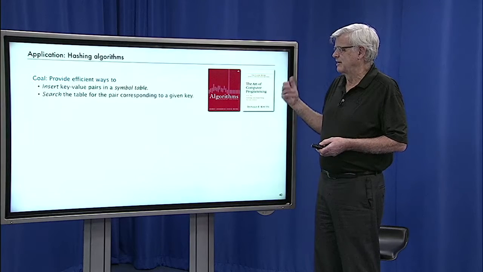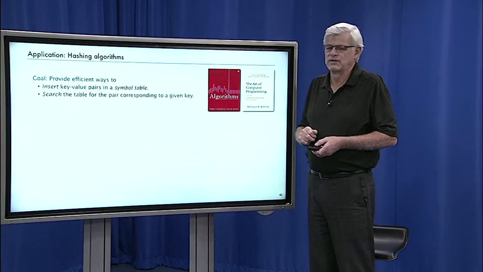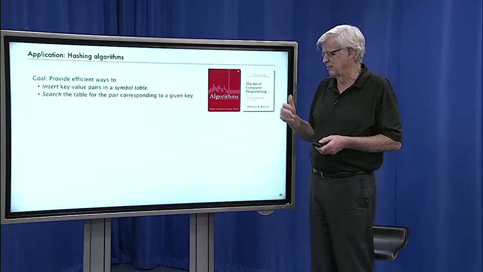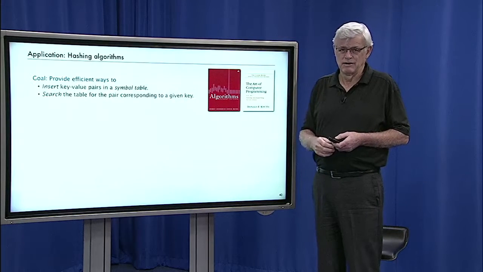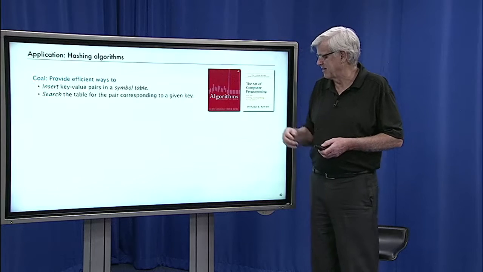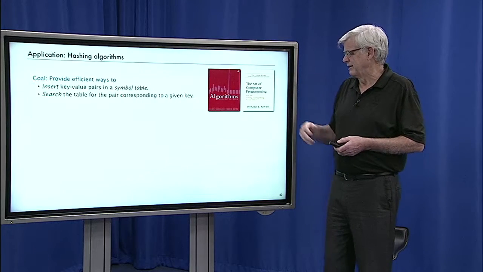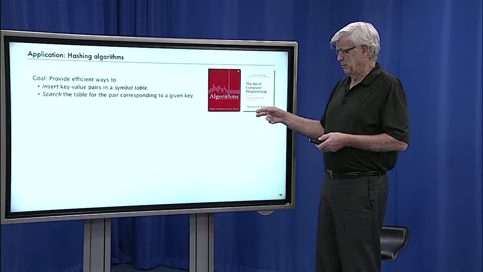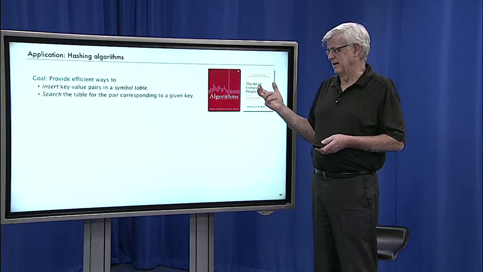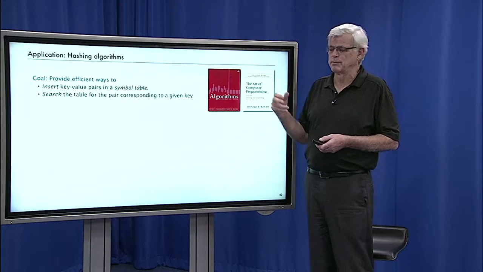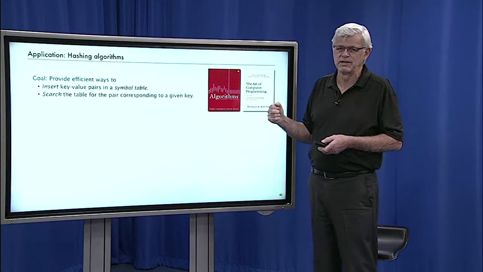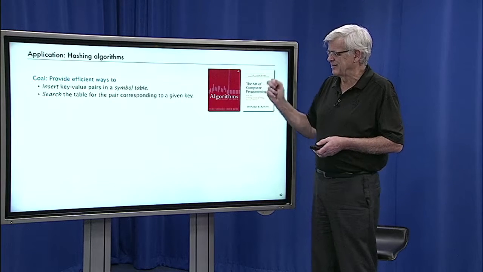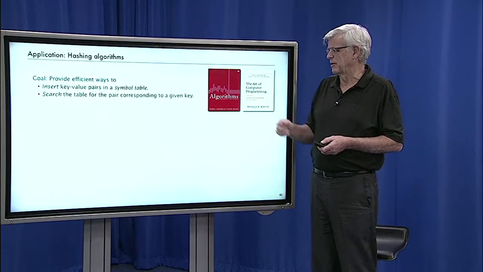An application is in hashing algorithms. People in computer science are very familiar with these algorithms. I'll just briefly describe them for people in math that maybe haven't seen them. They're very well covered in books on algorithms like our book or Knuth's book. The idea is we want an efficient way to put key value pairs in a symbol table, and we talked about this for binary search trees and tries, and you want to search the table for the pair corresponding to